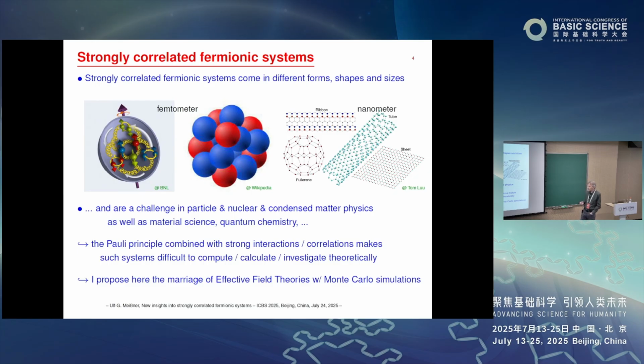And in this talk, I will propose to merge effective field theories and Monte Carlo simulations to get access to such systems. And so the first thing I will have to explain is what are effective field theories and Monte Carlo simulations, on two very simple